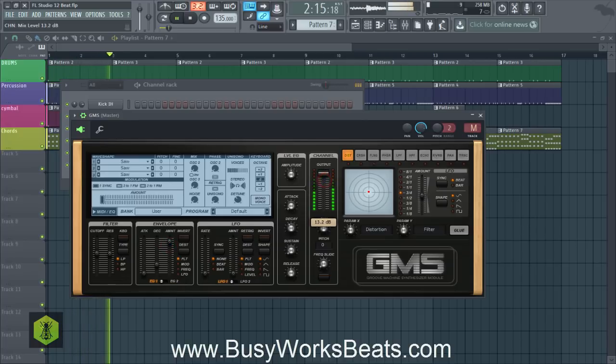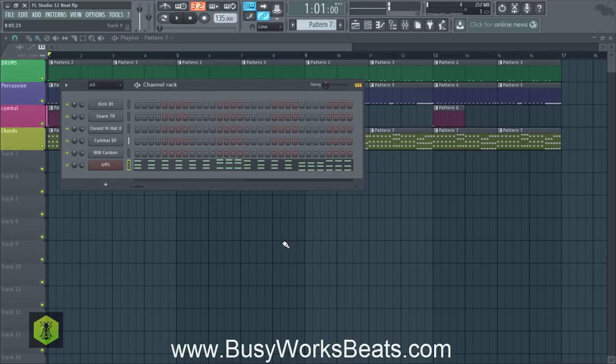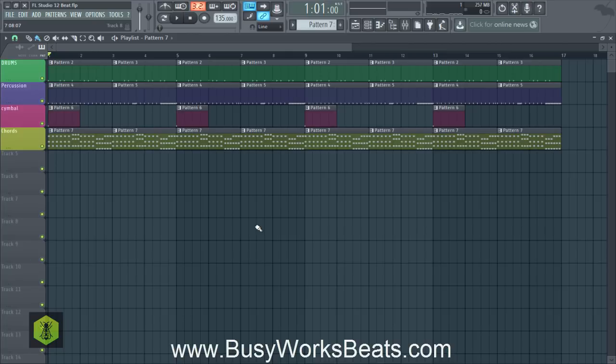Now we want to turn the output up because we can barely hear it. I'm going to increase the release a little bit. So now we have that kind of Lil Wayne type of sound. We're not going to get too fancy with sound design, but that's how you're going to make your chord sound completely different. Sound selection plays a big role in how your chords sound. If this was a piano, it'd sound completely different.